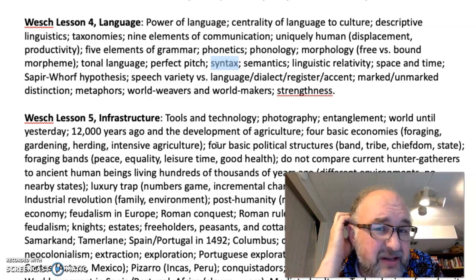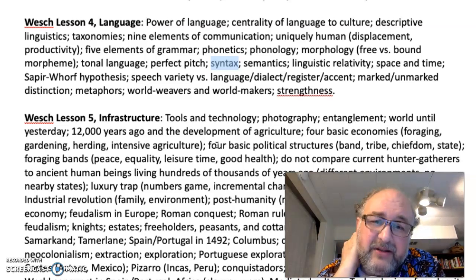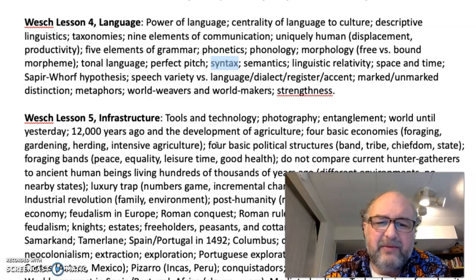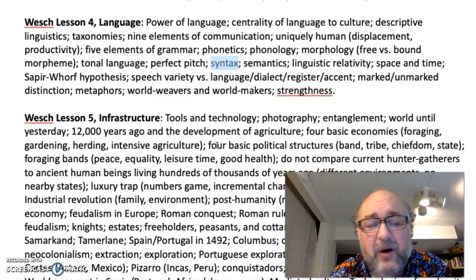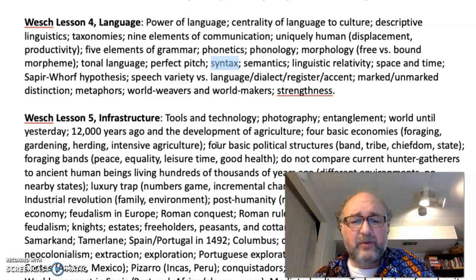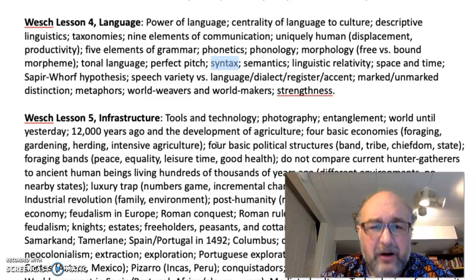Marked versus unmarked. Remember, we've talked about this because of the Orokaiva, where you have marked versus unmarked, but we were talking here about accent. Do you have an accent? And if you say no, all that means is that your accent is unmarked, that you talk like everyone around you. If you have a marked accent, then you're noticed as talking funny, but that's only because you're living among people who speak differently than you do. So if you were living around people who talk like you do, then you wouldn't have a marked accent. You would still have an accent. You still talk the same way you talk, but it would be unmarked.